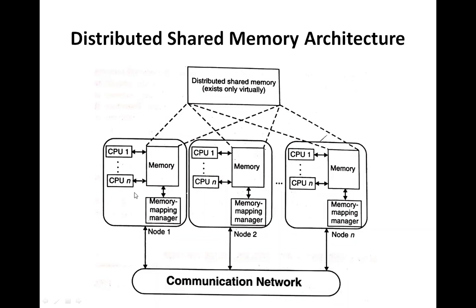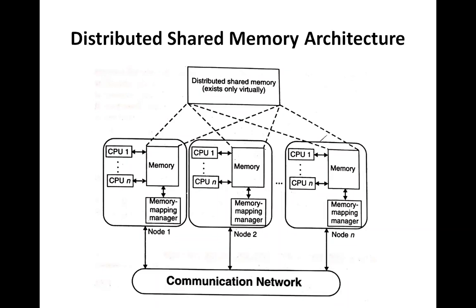So a scene is created such that the data blocks keep migrating from one node to another on a demand basis, and there is no communication visible between the user's processes. To the user processes, the system looks like a tightly coupled shared memory multiprocessor system in which multiple processes freely read and write the shared memory at will.